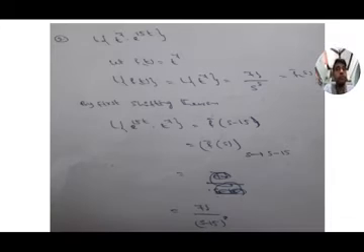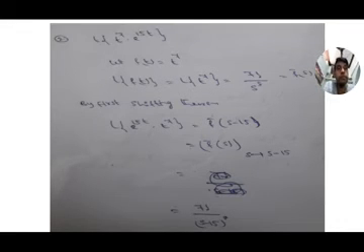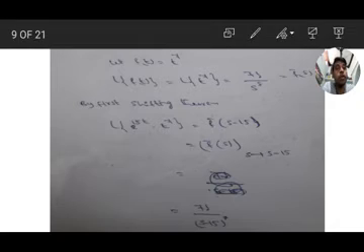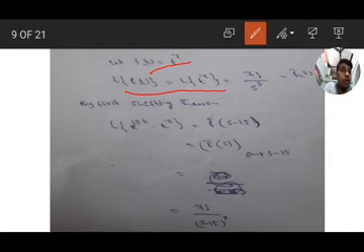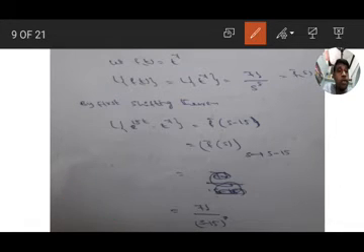Next problem, find L of t to the power of 7 into e to the power of 15t. Here f of t equal to t to the power of 7. So L of f of t equal to L of t to the power of 7. The t to the power of n formula is n factorial by s to the power of n plus 1. By using this formula with n equal to 7, we get 7 factorial by s to the power of 8. 7 plus 1 means 8, that is f bar s.